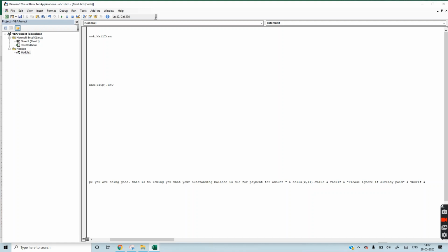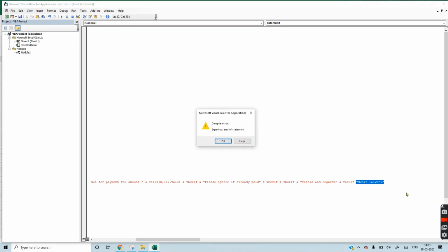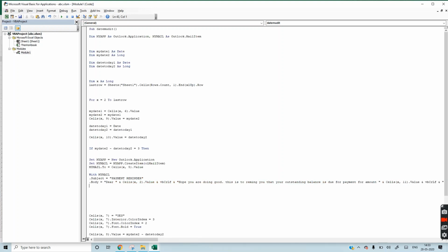We will write vbCrLf 2 times because we want 2 lines of space between thanks and regards. So we have written our body.